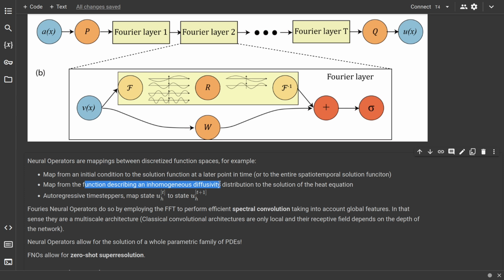So for instance, if you have a heat equation and your diffusivity might not be homogeneous over the entire domain, but rather be a function. So for instance, if you have a PDE problem and in the left half of the domain heat spreads twice as fast as in the right half of the domain, then you could describe this with a function. And then whenever you change the diffusivity, you obviously have to resolve the PDE, and the neural operator in that case would be a mapping from the function showing the distribution of diffusivity to the solution of the heat equation, either just with one point later in time or with the entire spatio-temporal solution, so the framework is quite